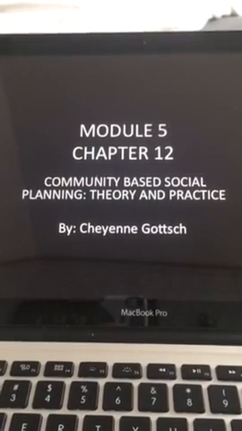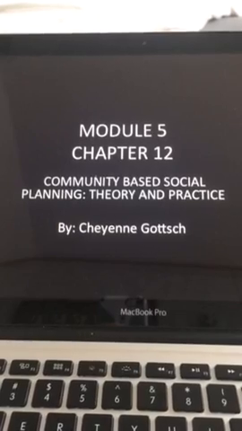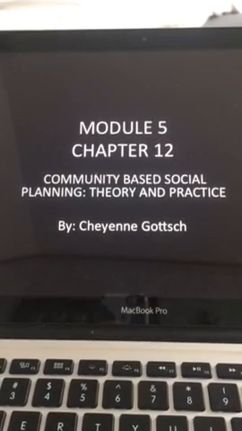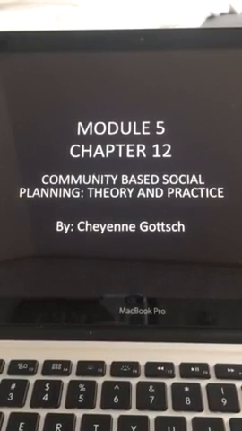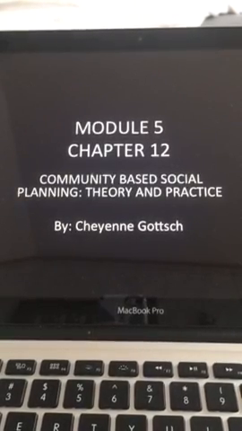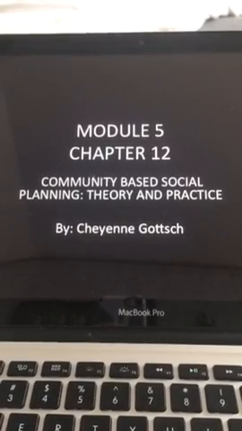And what I had mentioned a little bit, they have these visioners, which are basically planners, and they come in to work with the community members on what the needs are and what the goals are that they need to set and how to do it while still respecting the community members.